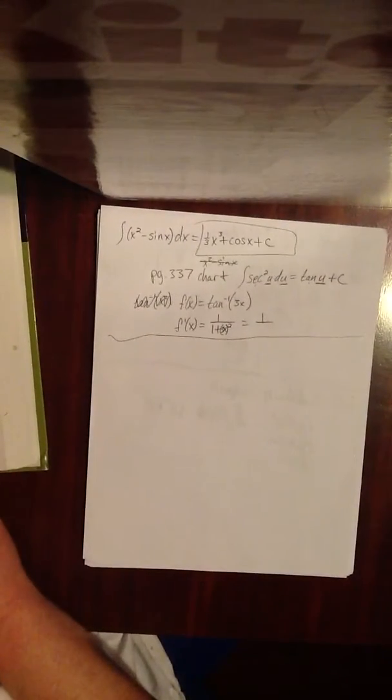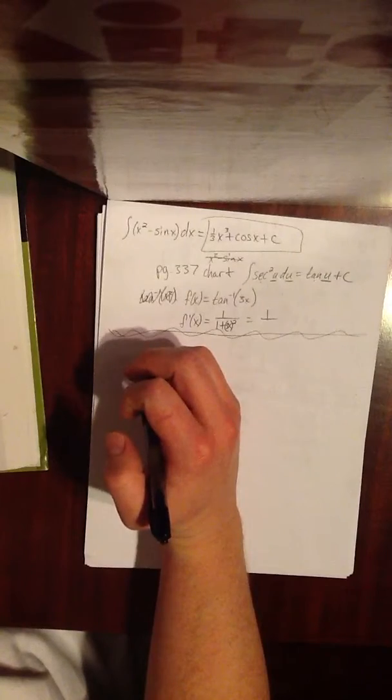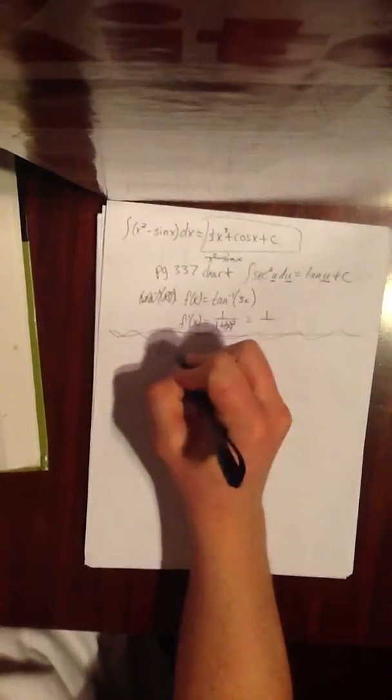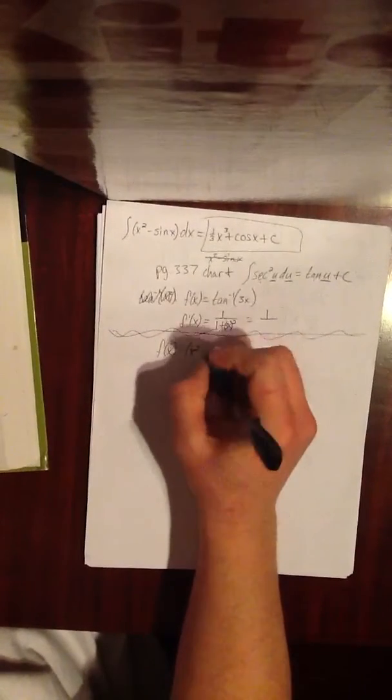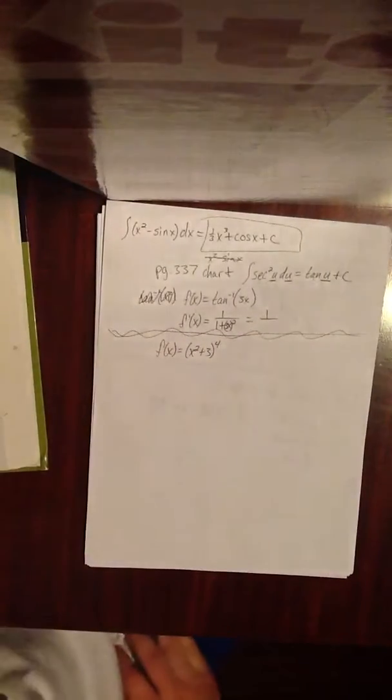So here, I'll kind of review u substitution first before I get back to the integrals. So I'm just going to review using derivatives, since it's something hopefully you got down pretty well. So here we go, u substitution. Let's say we have a function, something you know how to do, x squared plus 3 to the 4th. If I want to find the derivative of that,